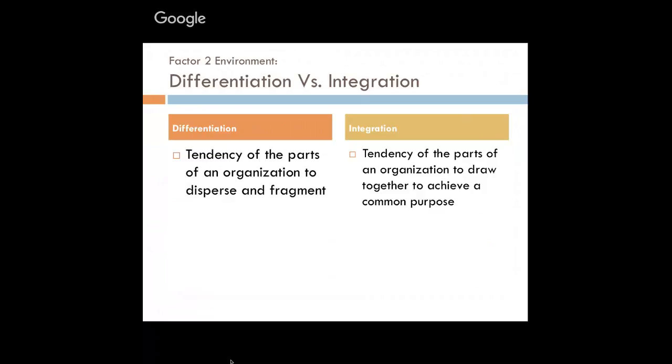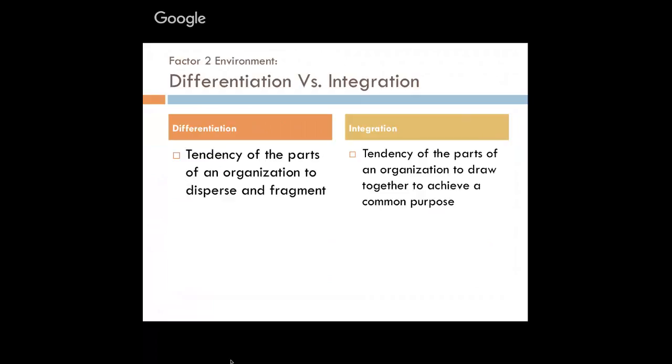The second factor that determines organizational structure is going to be the environment, right? What kind of environment is this company in? And even what kind of environment the company has. Differentiation is the impulse towards dispersal. And so,